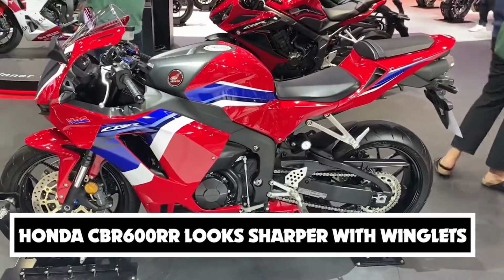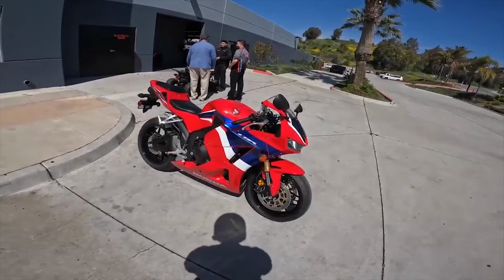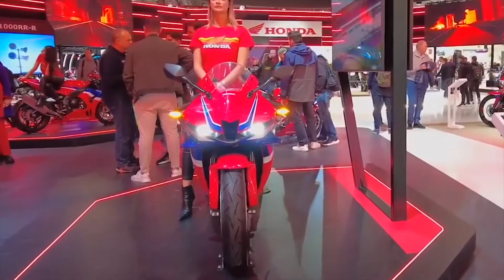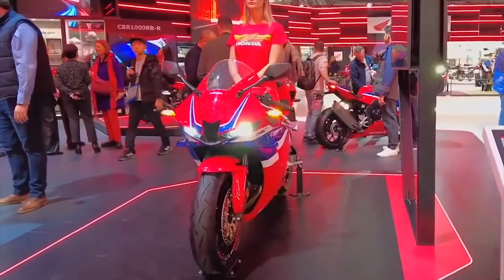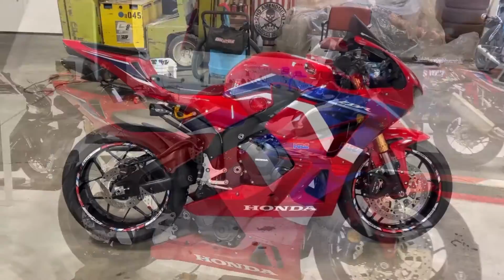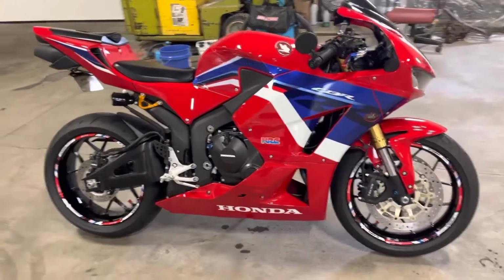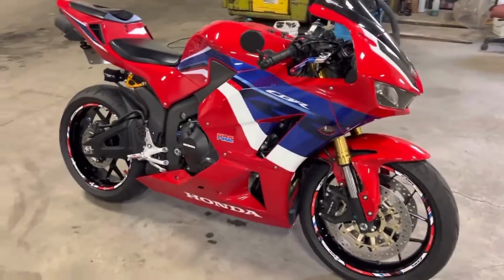The Honda CBR600RR looks sharper with winglets. While the CBR600RR is back in Europe, the motorcycle has been on sale with essentially the same design in a few other global markets since 2021. However, for the new CBR600RR, while Honda has retained the front full fairing and other body panels, the former now comes attached with winglets. Though these wings are not much used for road use, their advantages for track use can't